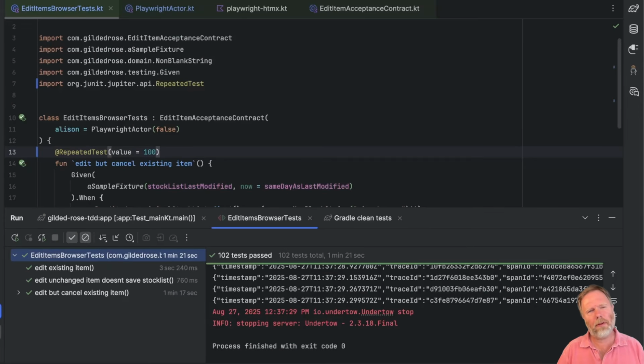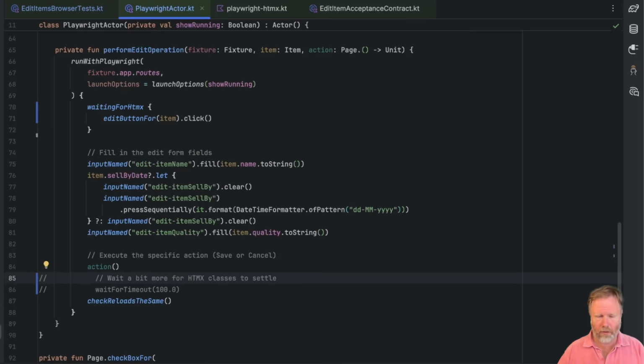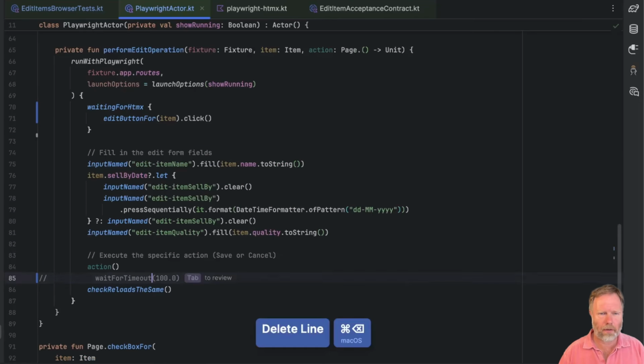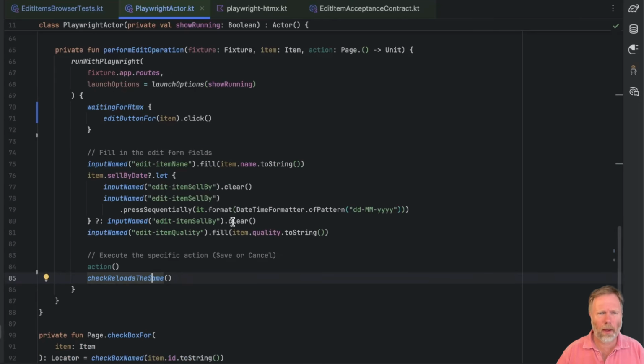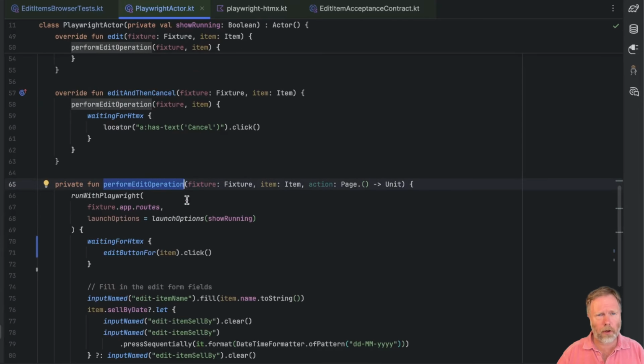Woohoo! That's quite pleasing. And I must say, of all the UI testing frameworks I've used, Playwright seems to be the one that is least flaky. So that allows us to delete that and that. And I think while we're there, looking at the places we call perform edit operation, that's here and here,